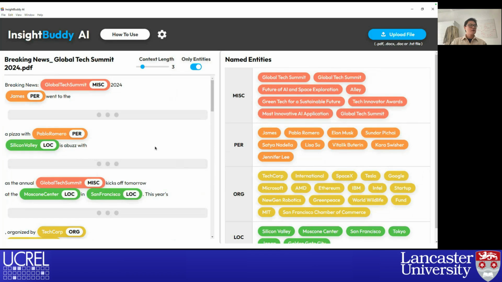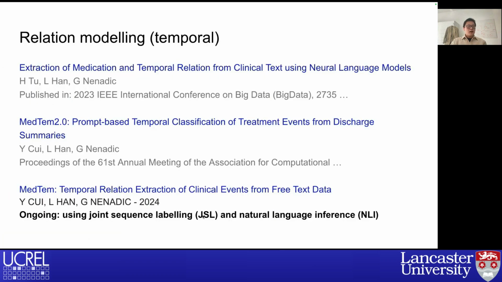And when we upload the document, this tool is powerful because it has features. For example, you can select the context, how much context you want to see around this item, right? And you can also download any Hugging Face NER model. It can do a general NER task as well, and that is entity recognition and linking.